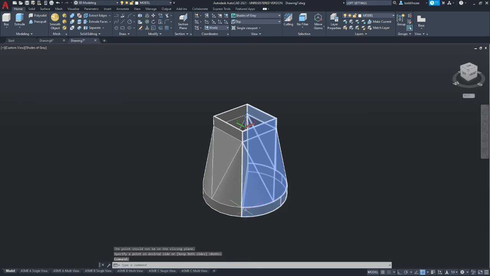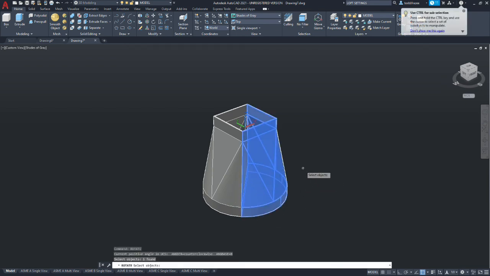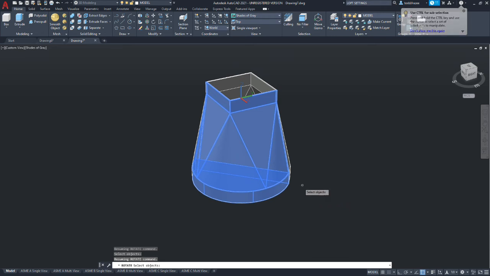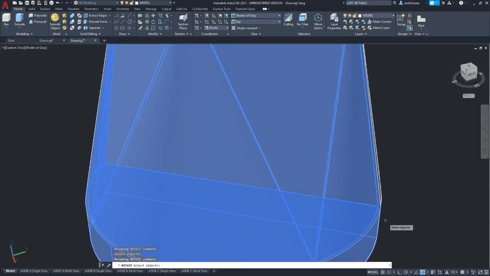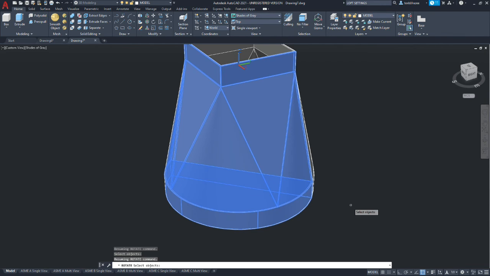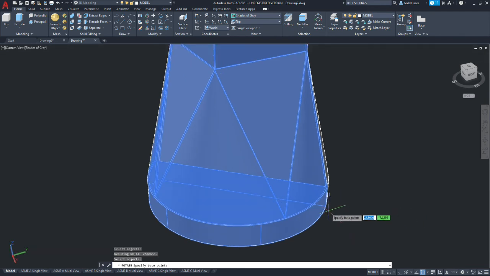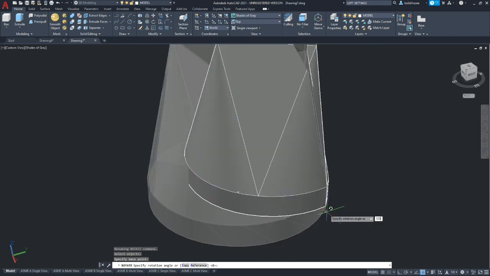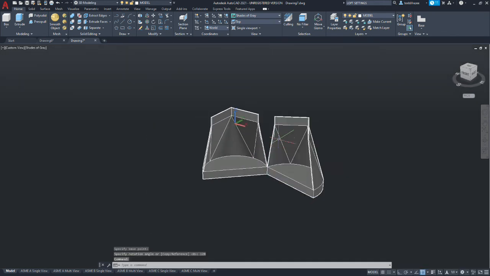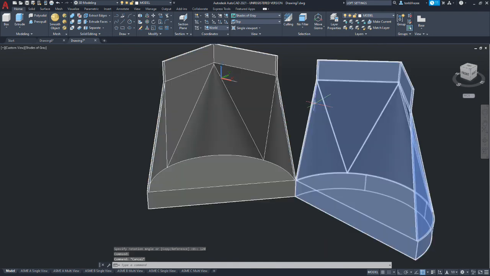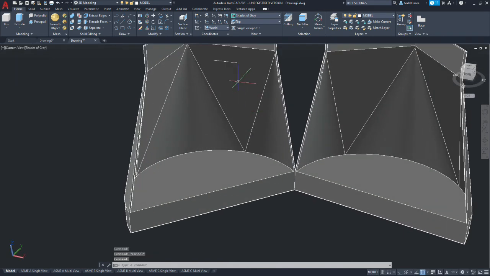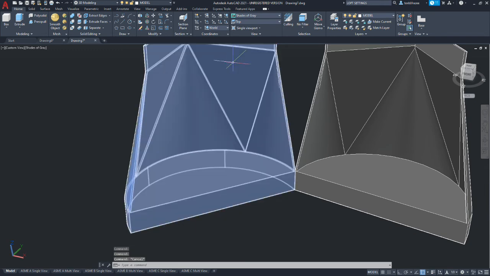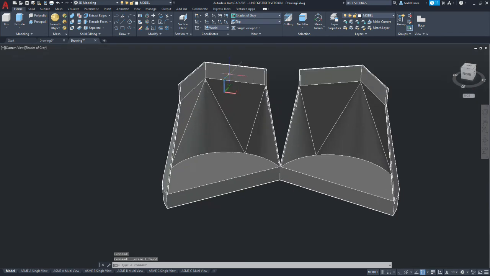And then we're going to do a move command, or I'm sorry, a rotate command. We're going to select the right half, and then we're going to go down and pivot around the bottom, right there, and we'll go 120 degrees. There we go. And there's a little line segment I could live without, so we'll delete that.